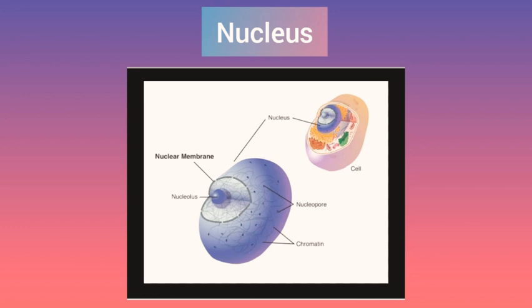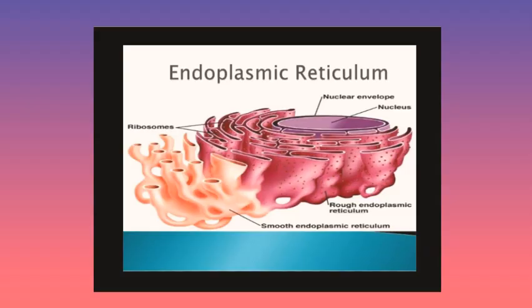The nucleus is the most important cell organelle. There is a porous double membrane around it. The nucleus controls all the functions of the cell. Its double membranes are like outer membrane and inner membrane. And inside this layer there are nuclear pores. Then the second one is endoplasmic reticulum. This endoplasmic reticulum starts from the nuclear membrane and ends up to the cell membrane. Let's see what it is.